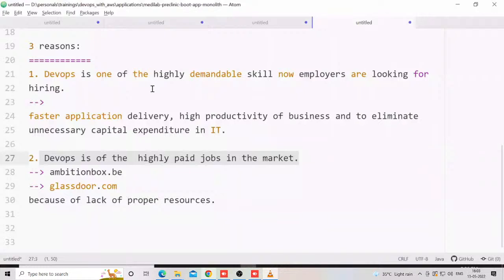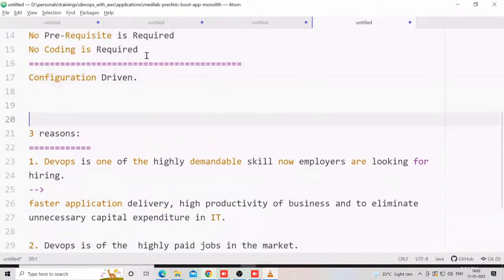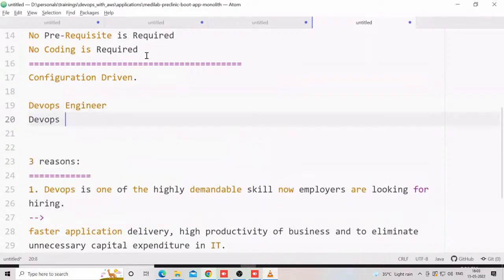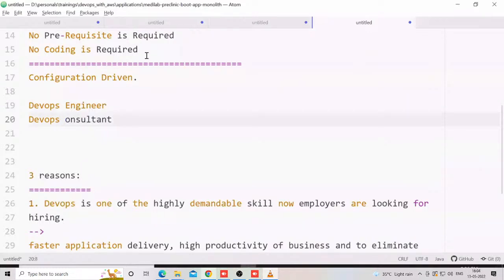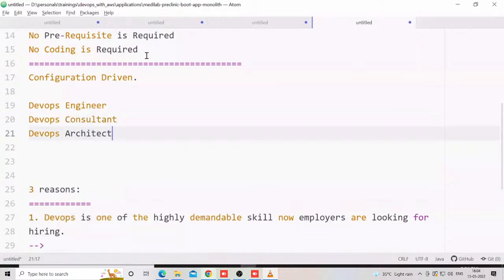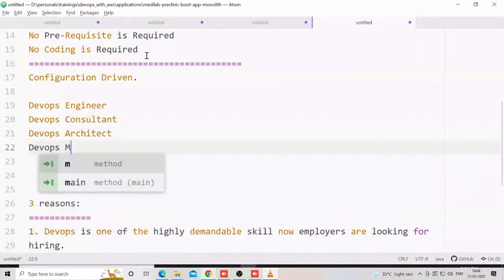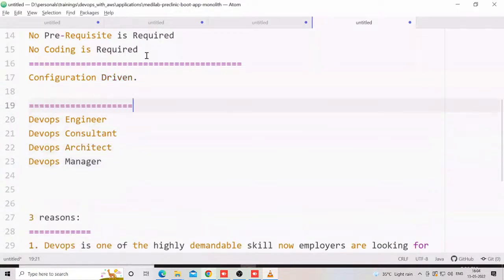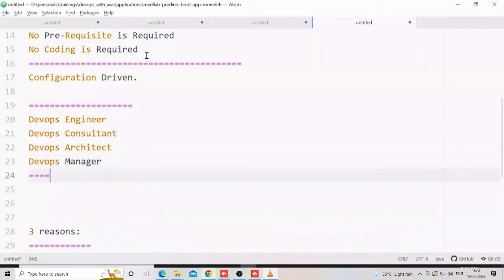So once you learn DevOps, what can you become? You can become a DevOps engineer based on your experience level, and you might become a DevOps consultant, and you can become a DevOps architect, right? So DevOps architect based on the experience levels. So you can become, say, DevOps manager. Like that, various designations will be offered to us in DevOps once you learn it, based on your